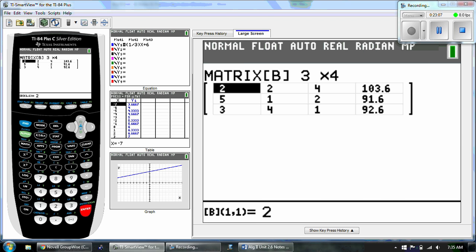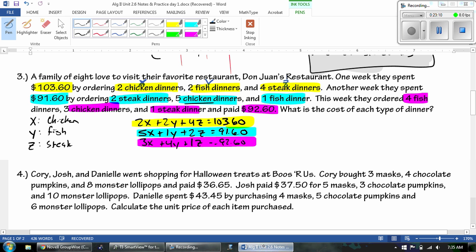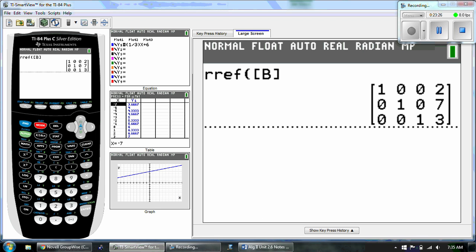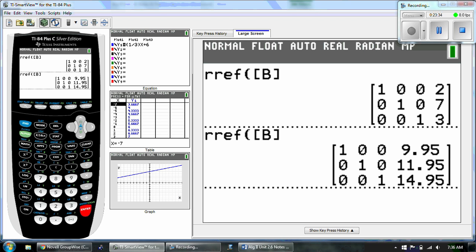Okay, so if you want to just double check, that was 2, 2, 4, 5, 1, 2, 3, 4, 1, and then all of my totals were good. Okay, so let's see what happens. I'm going to quit this. If you look, the last program that I ran was the REF for B. So if I just hit Enter, it runs the exact same program, except now it's running it with our new numbers. Okay? So if you see, we get that the X was 995, the Y was 1195, and the steak,